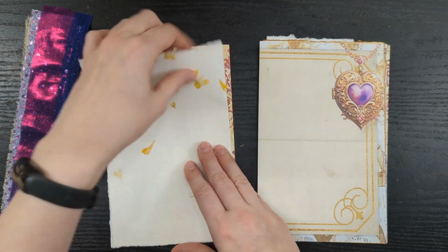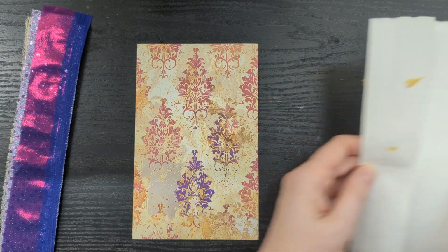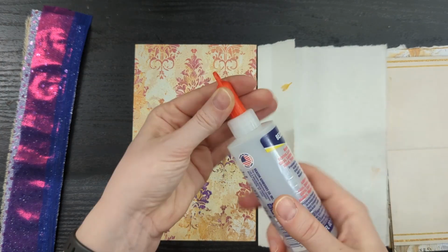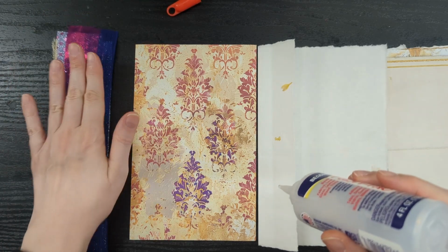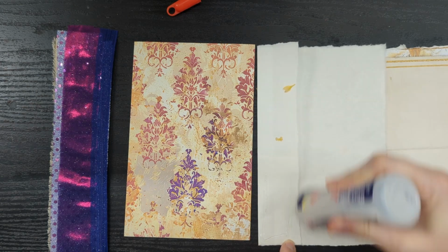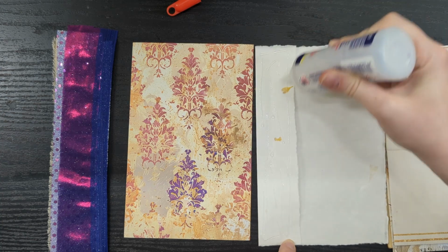I'm just going to start at the front of the journal, and let's put these to the side. Now I'm going to grab the first method, which is the tab method, and I'm going to use my Beacon Fabri-Tac today. I am going to make sure, since we're going to be using some fabric here in a minute, that I spread it out really well. I should put this directly on the tab, so I'm just going to apply the glue to the tab